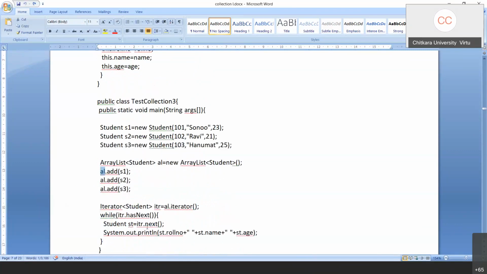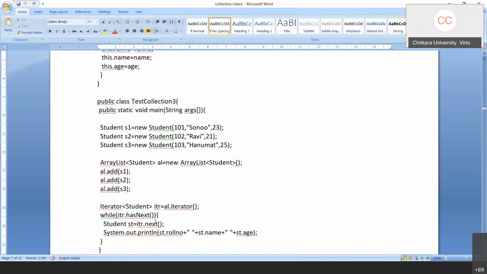Now once you are done, if you look at the previous example of the iterator, I told you to declare an iterator reference variable over here. In this case, it is pointed to a student. Then point it to an object of a collection, in this case it is AL, by using the iterator method. And then we have the hasNext method and the next method, which will allow us to pick up the data for each and every record over here.